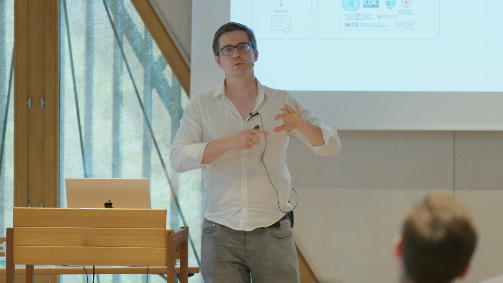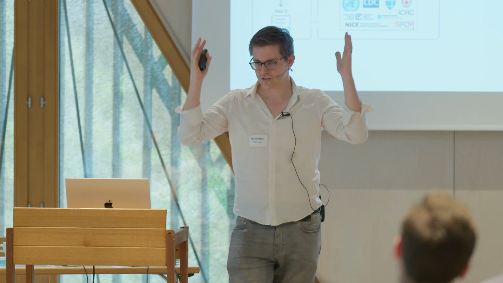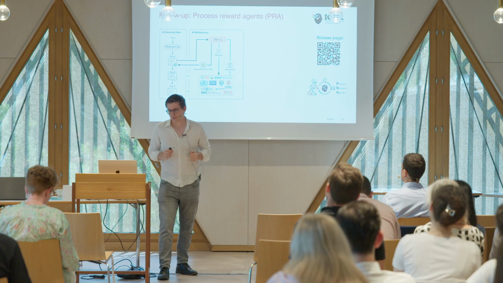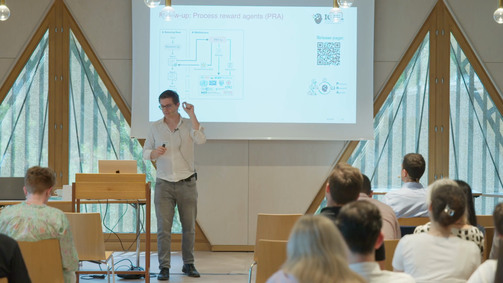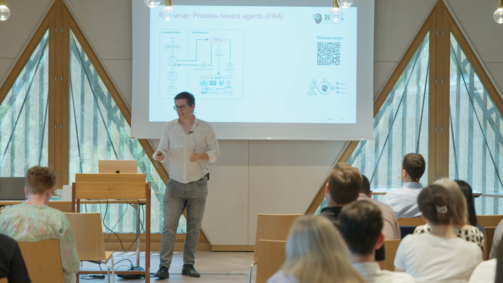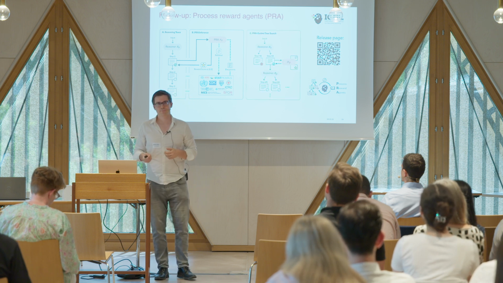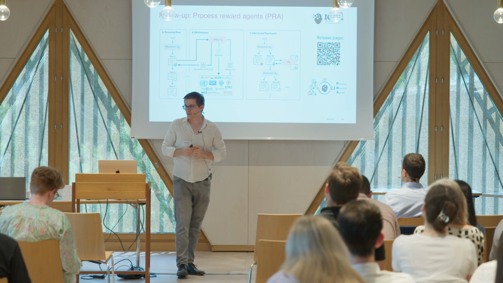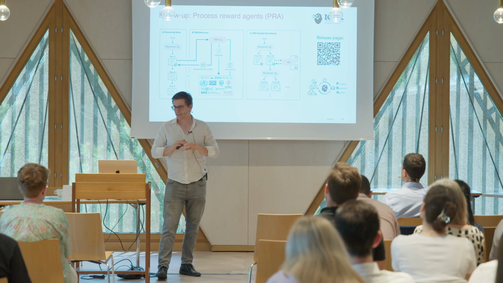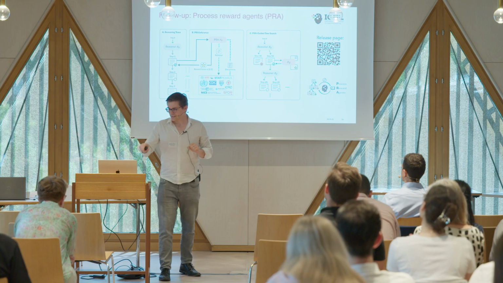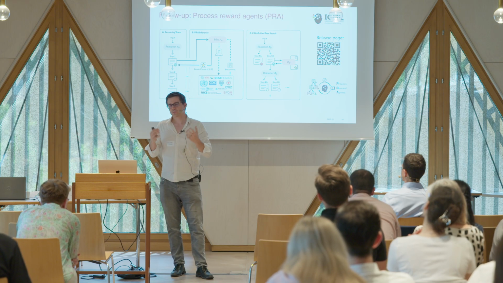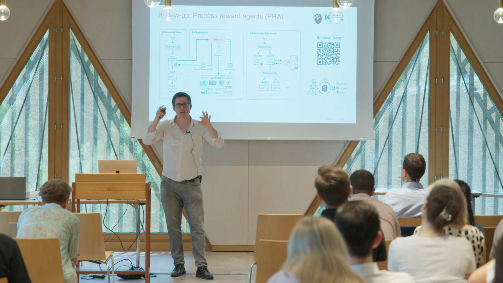Previously, the previous models would do it only post hoc at the end of a generation, because that was much more efficient to do. But this model now does it in real time. So if a language model is producing a step, it can immediately go and do this. And this unlocks a new capability, namely we can do beam search. So you could have a language model, here it's called Pi, the reasoner Pi. It's frozen, we don't train it. And this process reward agent can go and induce some sort of tree search over various hypotheses.